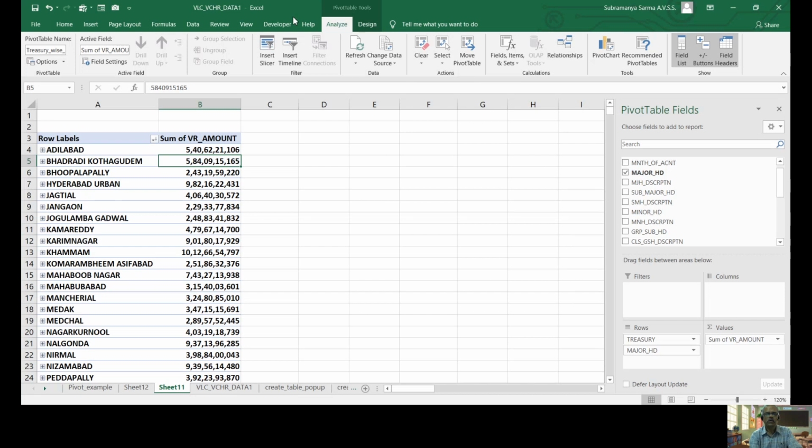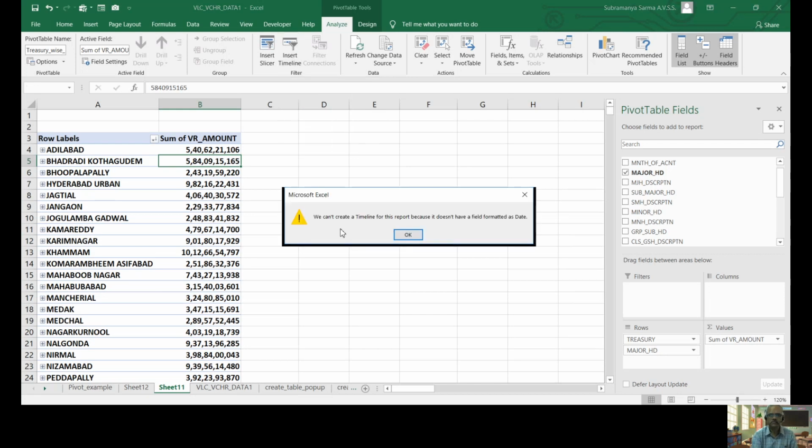Now one more important feature here is Insert Timeline. This is also a filter like a slicer, but a timeline can be applied only on date fields. That's it.